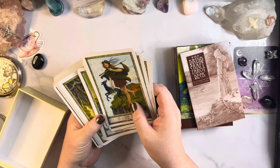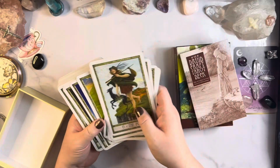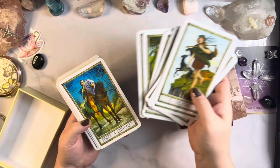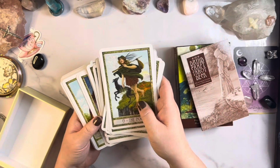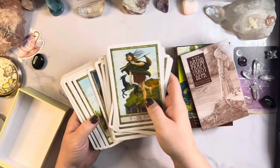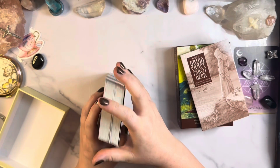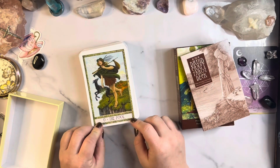There's a slight shift in what's going on with the imagery and the deck. So it is very RWS, but there are some shifts and changes in it. It's beautiful. And I've seen versions of it where it is trimmed down, so I'm thinking maybe if I just